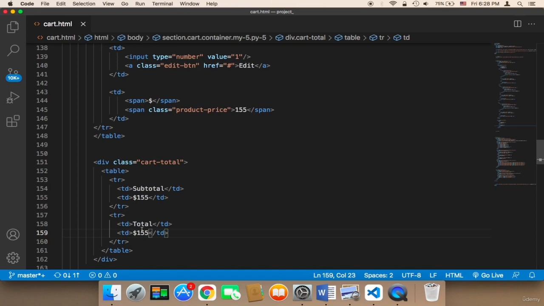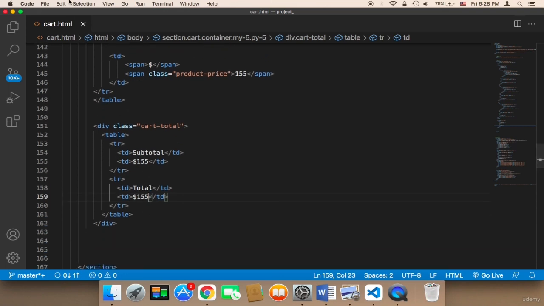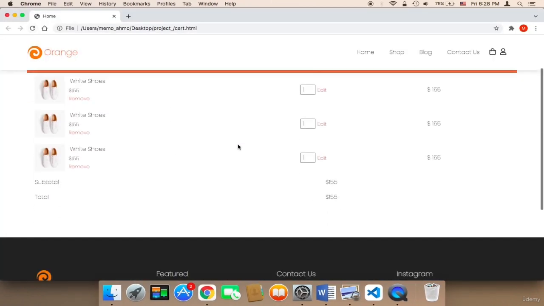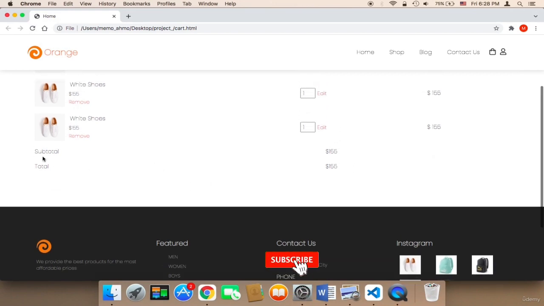And then here the complete total. Let me save, and let me head on over to the browser, and as you can see we have here the total, and the subtotal and the total,